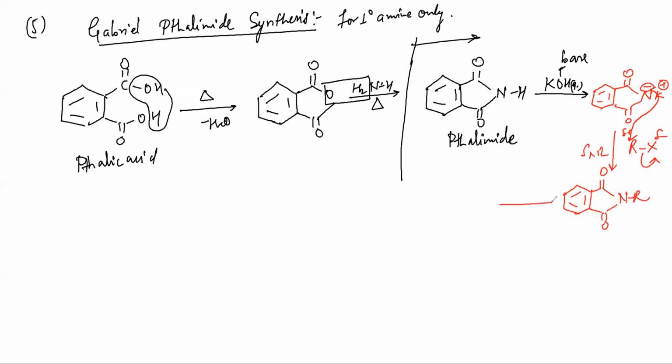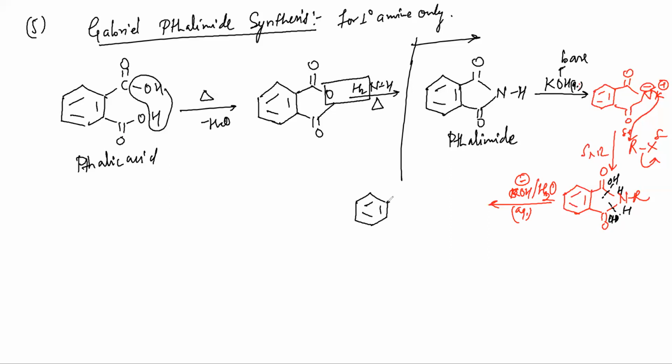Here R. And then since we have a basic medium, we treat it with aqueous KOH. KOH means OH minus plus water. I told you, in any organic compound, if carbon and nitrogen are making a bond and you are treating it with this, it is hydrolysis. So bonds break like this. The carbon-nitrogen bond is broken. Nitrogen gets H, carbon gets OH. I hope you remember. So what will be the product here? Just see.